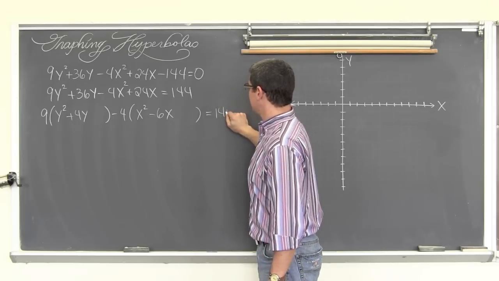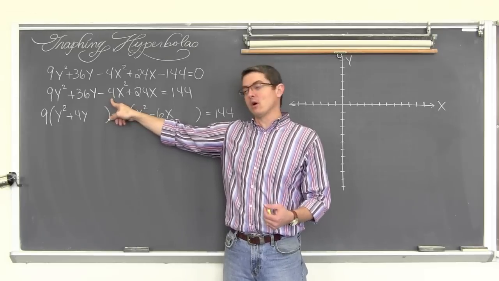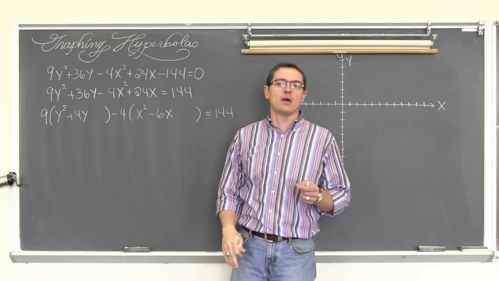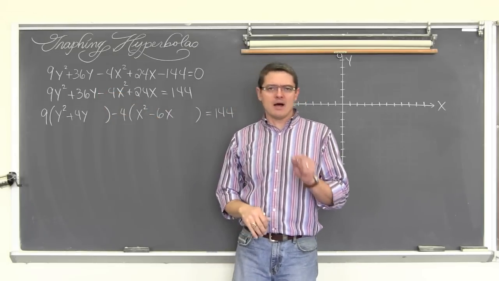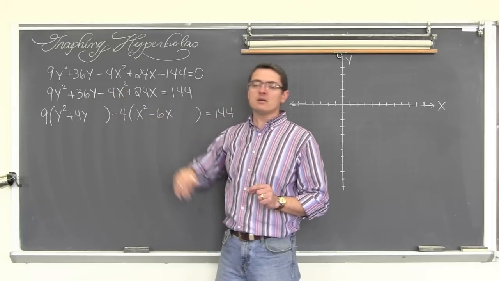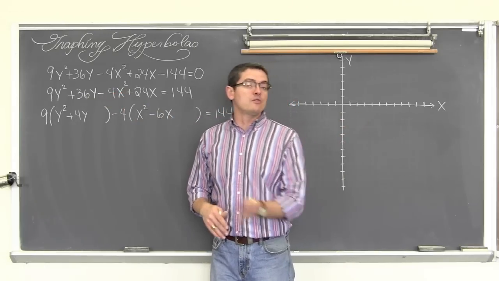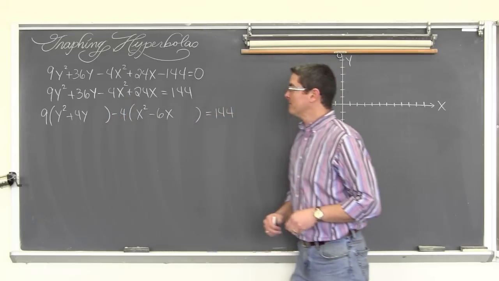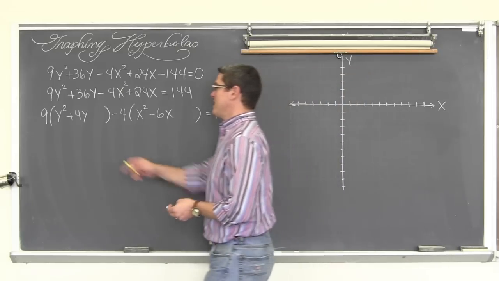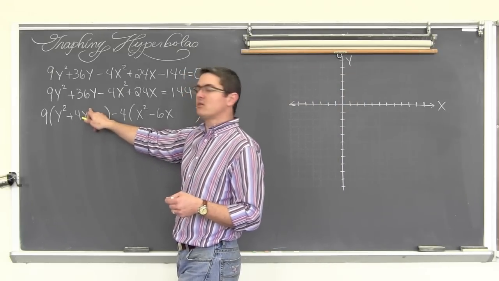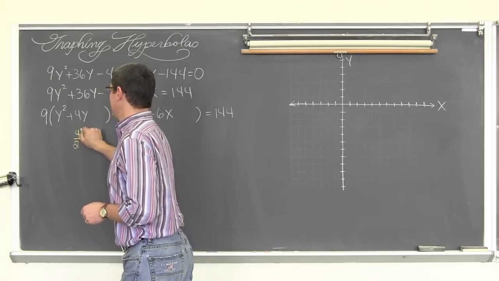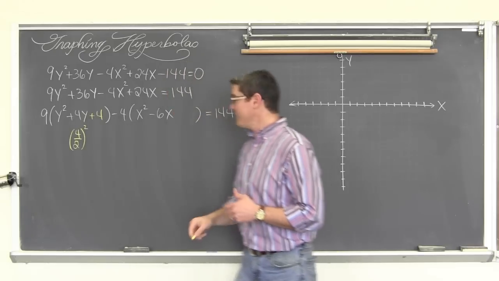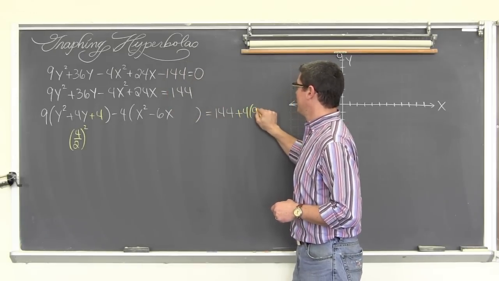Now, my example here has a negative 4. If your equation has just a negative sign there, so it'd be like negative x squared, you might want to put in a 1 there to remind yourself that it is negative 1x squared, or whatever you have in your equation, so that you factor out that negative 1. But we have a negative 4, so we factored out negative 4. Now we're going to complete the square, so we're going to take half of b, the number in front of the single degree term, so we're going to do 4 divided by 2, square that value, so 2 squared is 4, and add 4 to the left, and that means we're going to have to add 4 to the right.